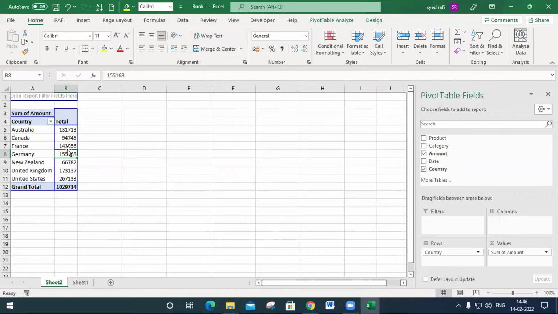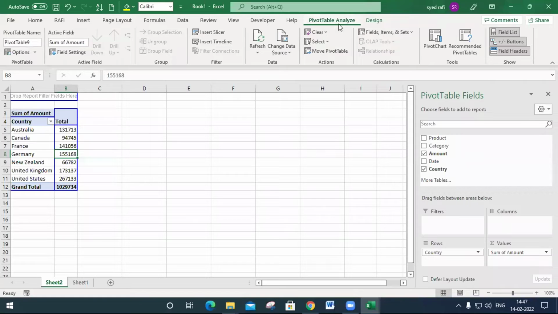How do we make this calculation on an existing pivot table? My main theme is I want to calculate the percentage. The total sales will be displayed here. I need to put a condition: if the value is greater than 90,000, then I want to calculate 10% on the total. Otherwise, I want to calculate 5% on the total, and I want to name it commission. How do we make this?